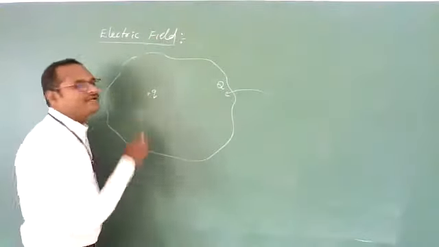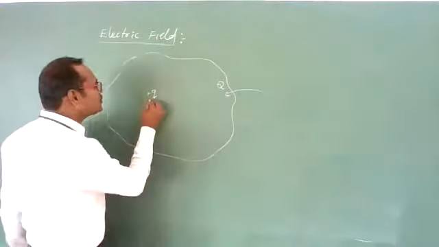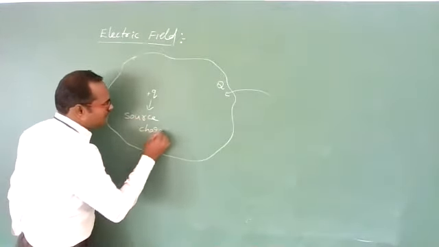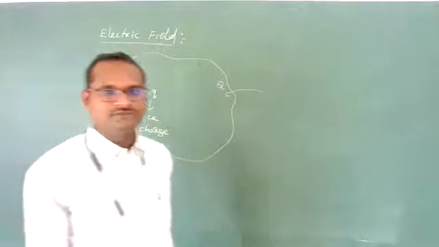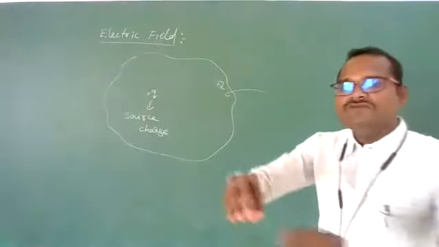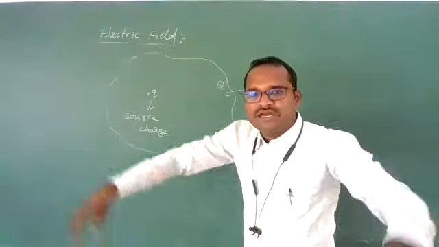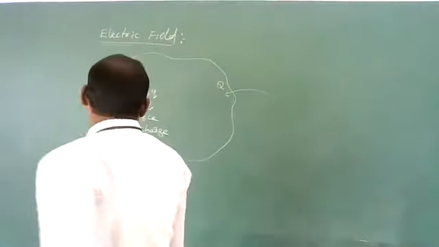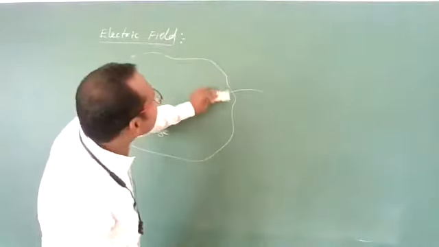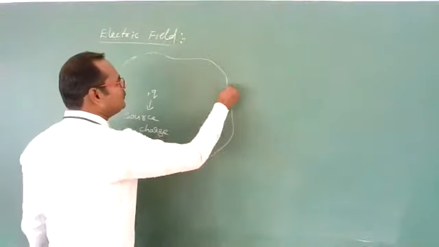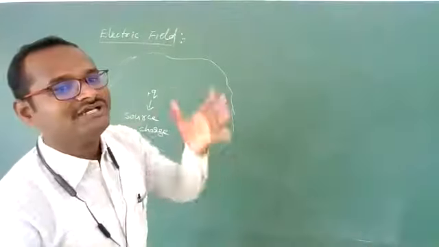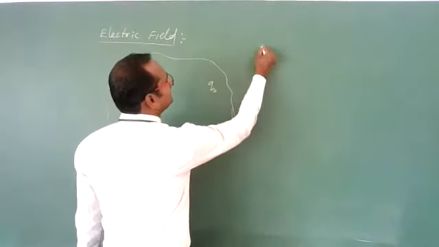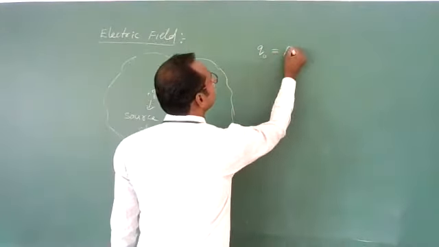And because this charged particle is creating this electric field, it is called the source charge. A source charge particle will create something around itself. That something we call the electric field. Clear? Are you getting? Yes. Now, to experience this electric field, we need to bring one positive test charge particle. That we call Q0. What is Q0 here? Q0 is a positive